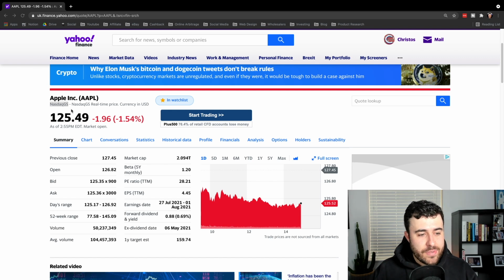But moving downwards, this is where we're getting into the meat of this video and all of these different terms. What I'm going to do is go through each of these, and I'm going to do this very much for beginners. Starting off with the first one here, it is the previous close. Basically, this is the price that the stock closed or finished on the previous trading day. For example, I'm filming this on a Monday. The last time the stock market was open was Friday, and at the last second of the market open hours, it finished at